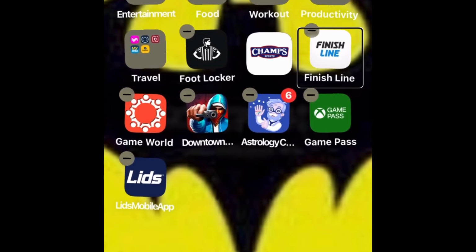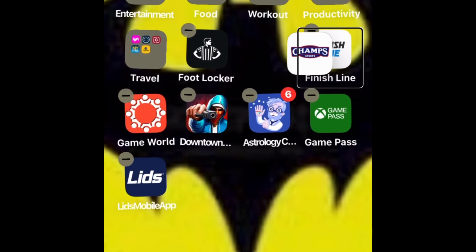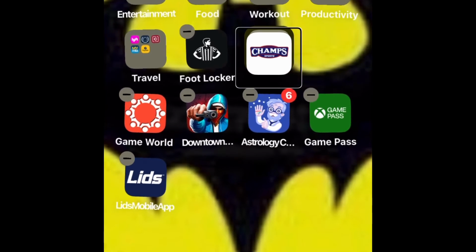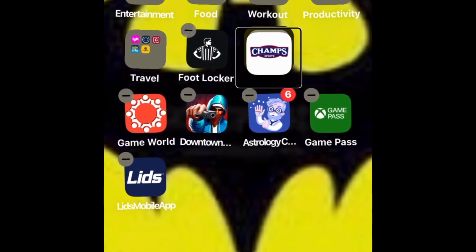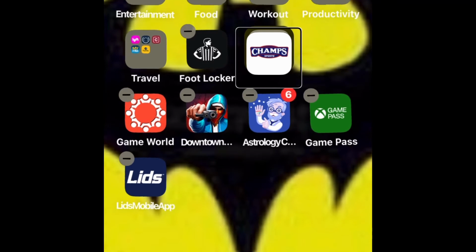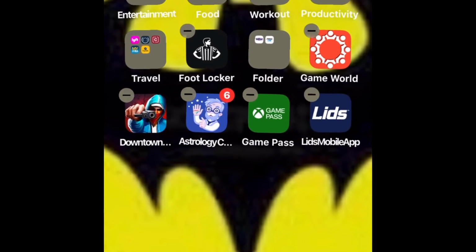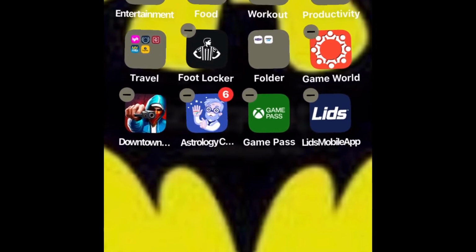So again, using the same swipe down gesture. Stop editing apps. Add to drag session. Drop Champ Sports before Finish Line. Drop Champ Sports after Finish Line. Create new folder with Finish Line and Champ Sports. Then you want to swipe down until you hear create new folder with Champ Sports and Finish Line. Double tap on that. Creating folder. Add widget. Button. As you can see, it created a folder with those 2 apps, and as we stated before,